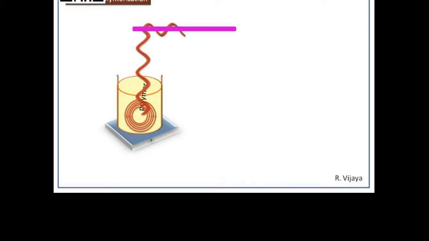Once all the polymer is formed, the reaction is completed. After completion of the reaction, the polymer is dissolved in the solvent. So we have to add a non-solvent to precipitate out the polymer. Now you can see the polymer gets precipitated, and this product, the polymer, can be removed easily. In this animation you can see how the polymer is removed.